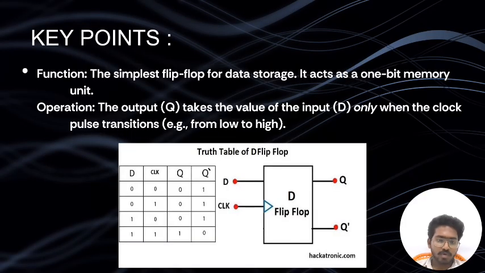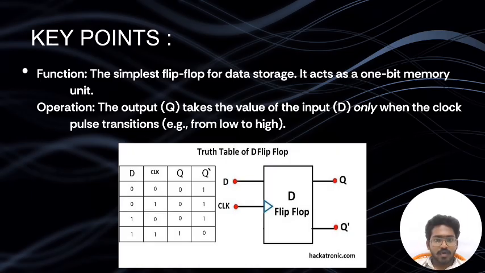The main key points are: function, the simplest flip-flop for data storage. It acts as a one-bit memory unit. Operation, the output Q takes the value of the input D only when